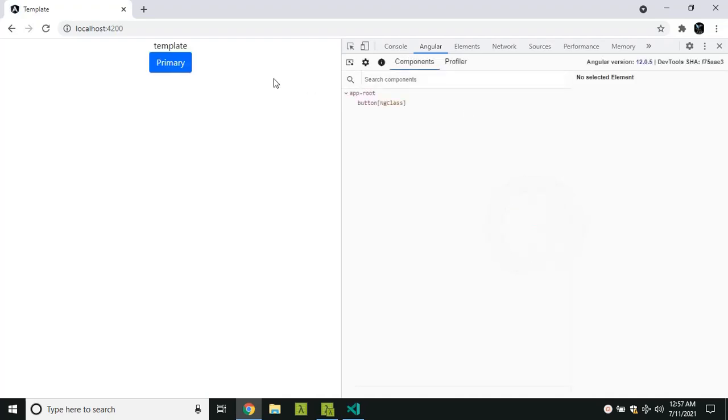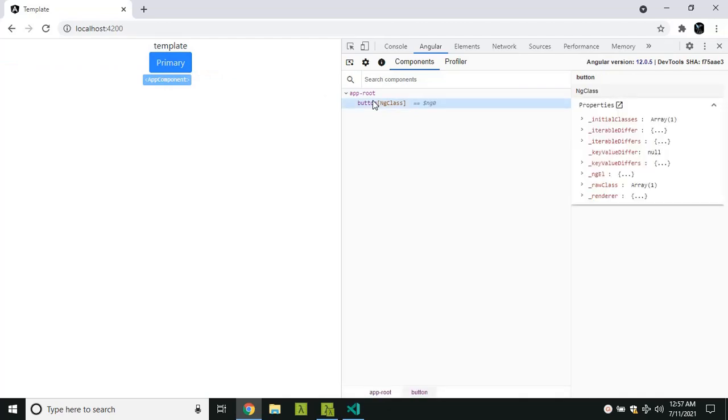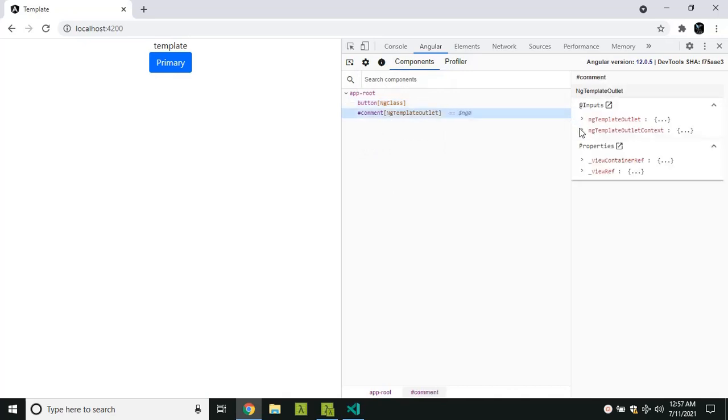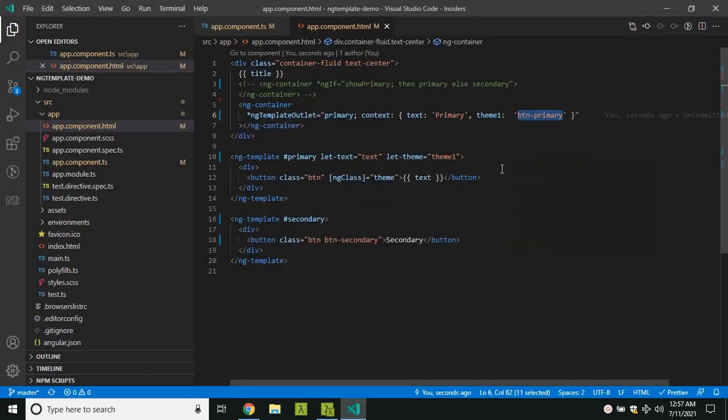When I refresh the application, you can see that the theme is applied here, and again I need to enable the comment node. So here you can see that the context will have two keys, the text and the theme. So basically this will be the key inside the context, and this name will be actually used within the ng